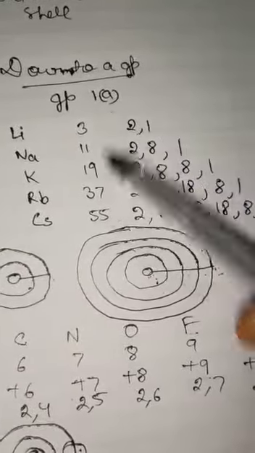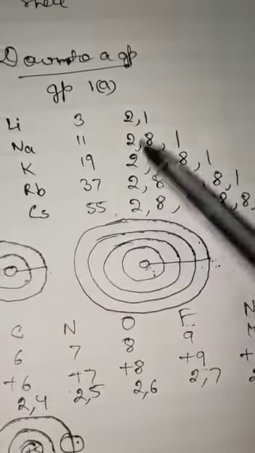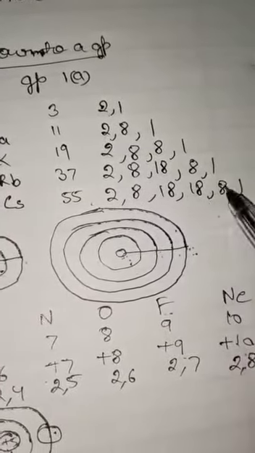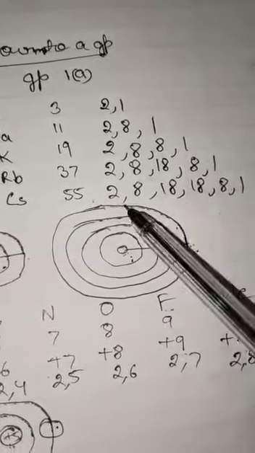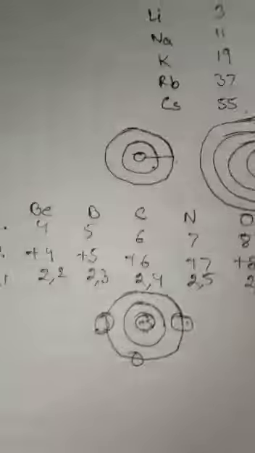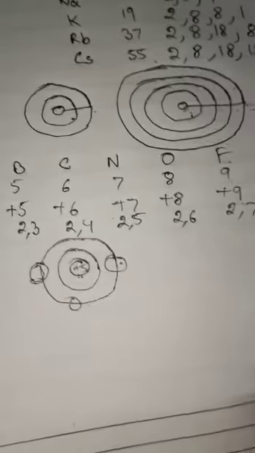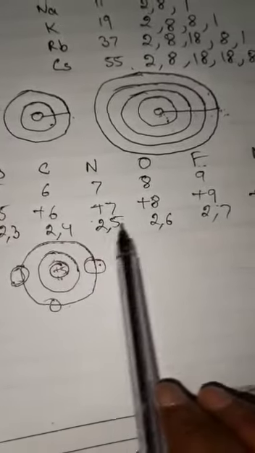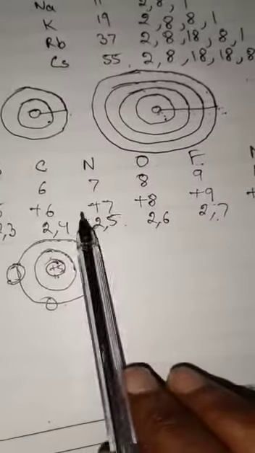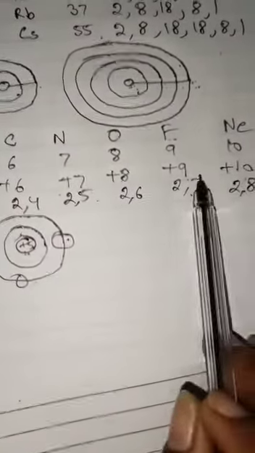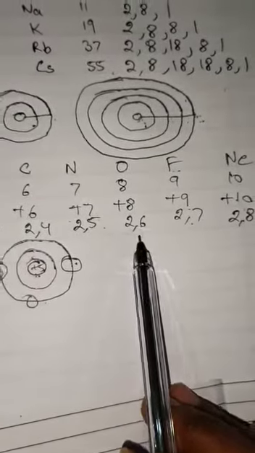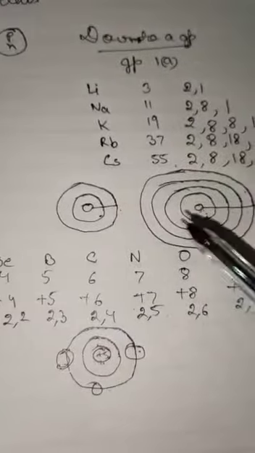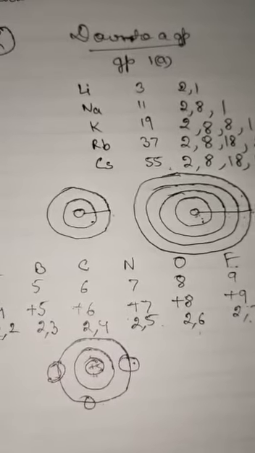So what is the variation of atomic radius when we are going down a group from top to bottom? Due to the increase in the number of shells, the effect of nuclear charge will decrease and the atomic radius will increase. When we move from left to right in a period, the number of shells will be the same, but the nuclear charge will increase, and due to this, the atomic radius will decrease. Okay, so this is the variation of atomic radius in the periodic table.